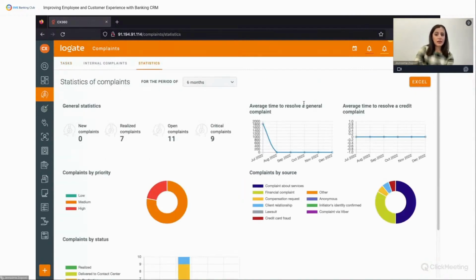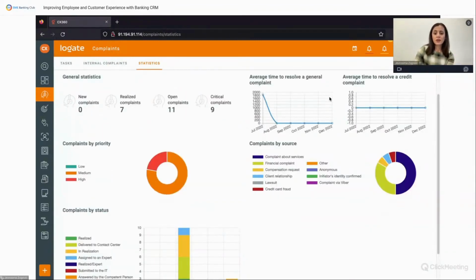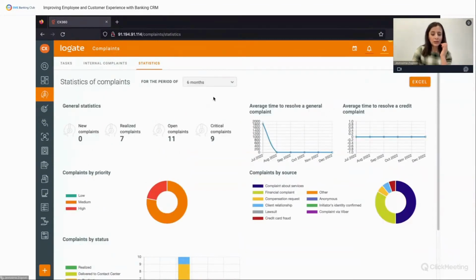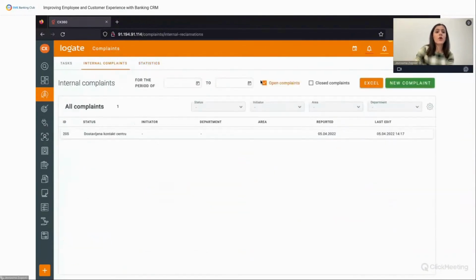And as I already said, you can export all this data into an adequate Excel file in order to see what the data behind these diagrams are. In case you find any additional statistics relevant, which you don't find here, for example, we can also add it during the solution implementation. Also, I would like to say that we have a functionality of, or this tab, internal